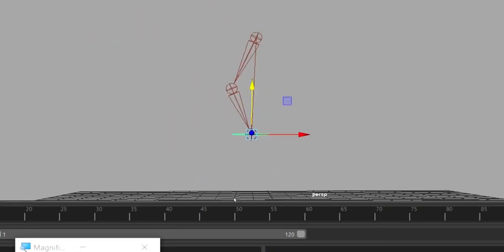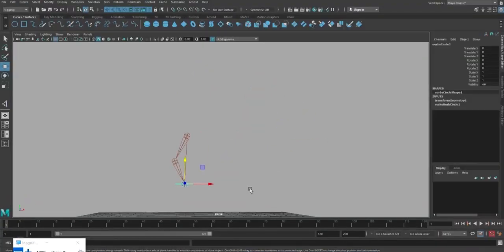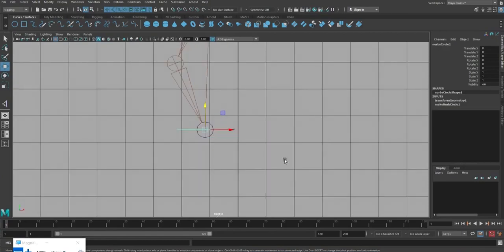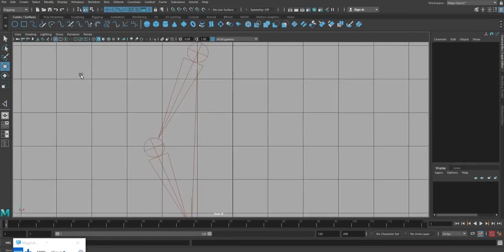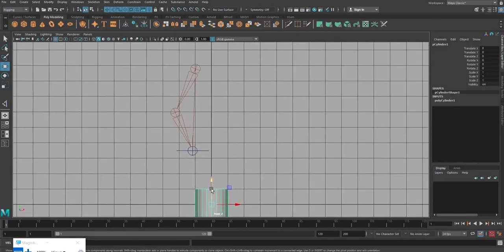Now the pending part is skinning. I'm again coming back to the front view. I'm going to create some mesh-like thing.